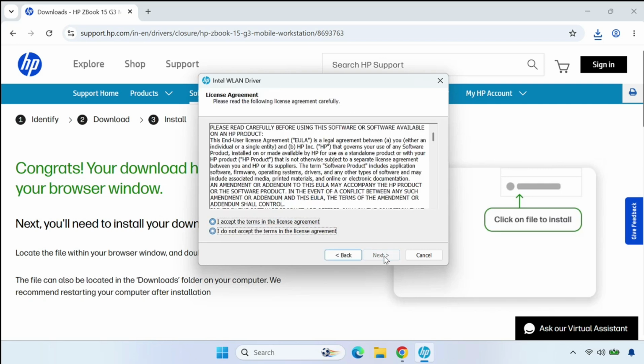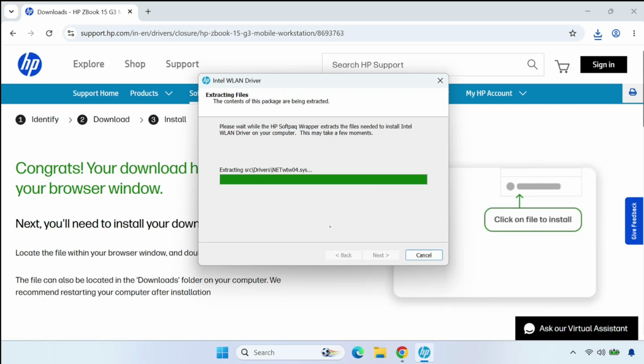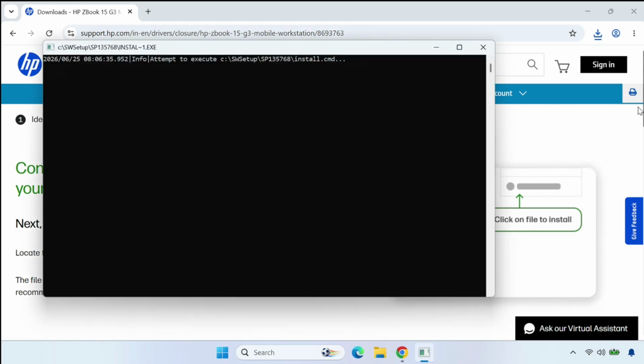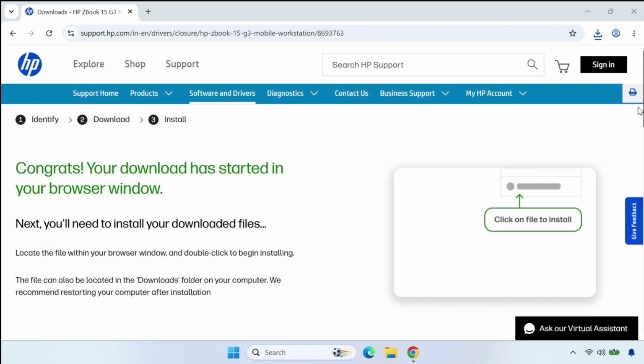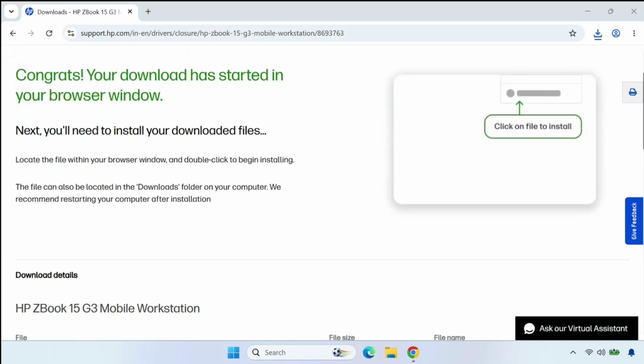Then next, click I accept and then next. Now this is installing. This is installed in the background. Okay,